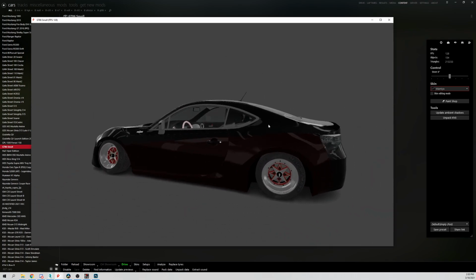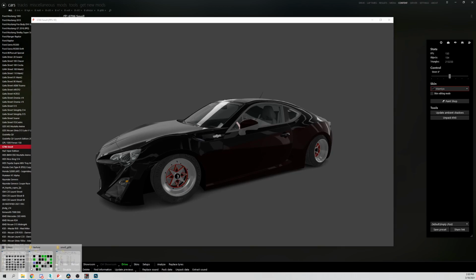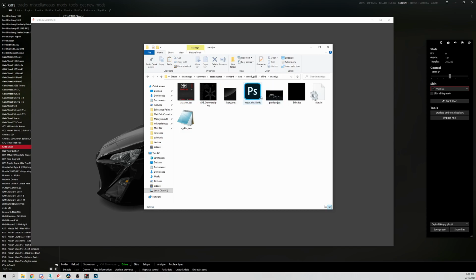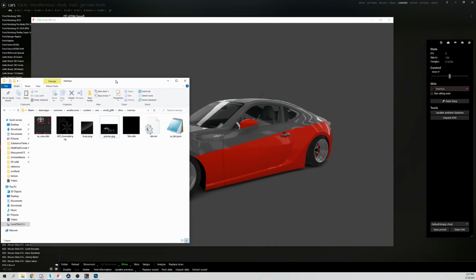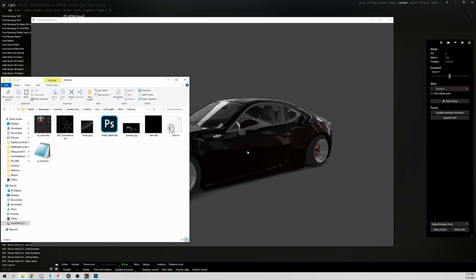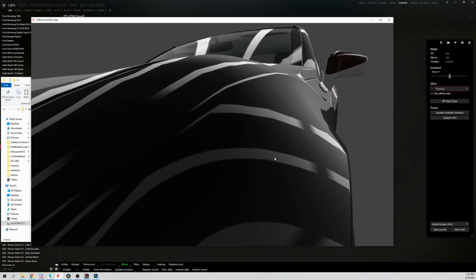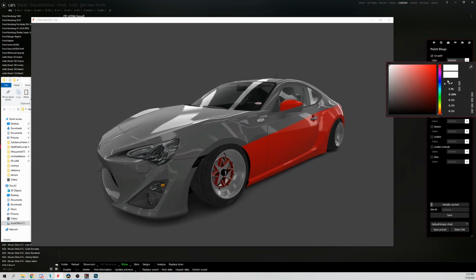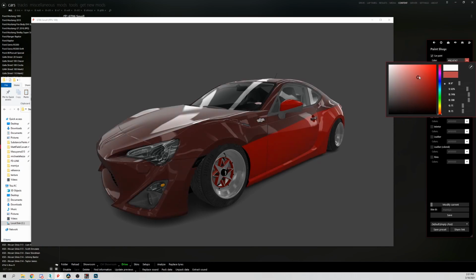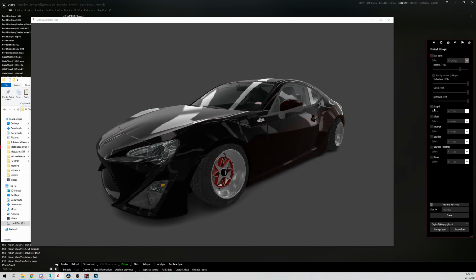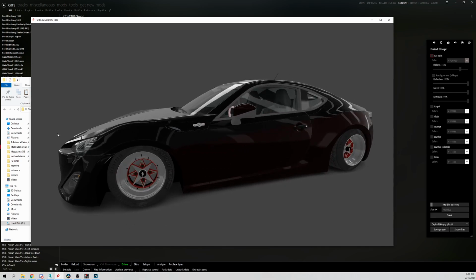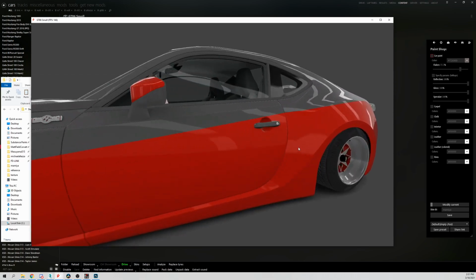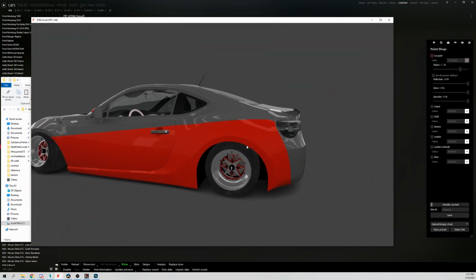Let's see here. I believe the metal detail is also kind of screwing things up. So we're gonna delete this. Yeah. So the metal detail, it allows you to add flake, or change the color of the base layer. However, it does mess with any livery that you're trying to do on top of the car, so we'll just delete it for now. But as you can see, the shadows are there, the paint's there,